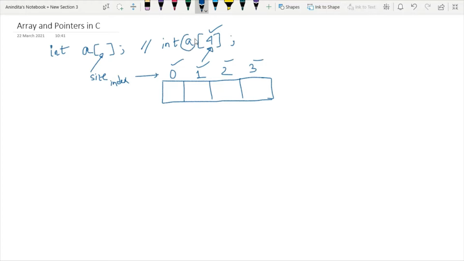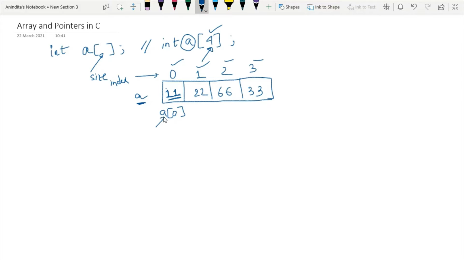Then we have an array name, so a is the array name. Now why are we defining an array? We are defining an array so that we can keep some elements in it. Since it is an integer array, I will keep some integer values in it. How could I represent that 11 is the first element inside the array a? It is represented as a[0].